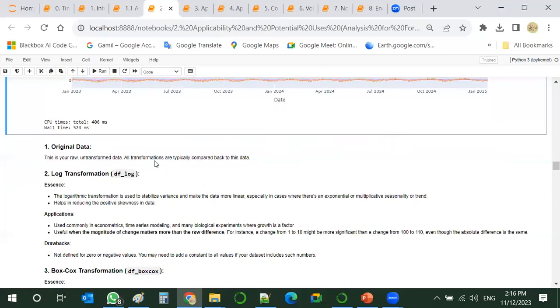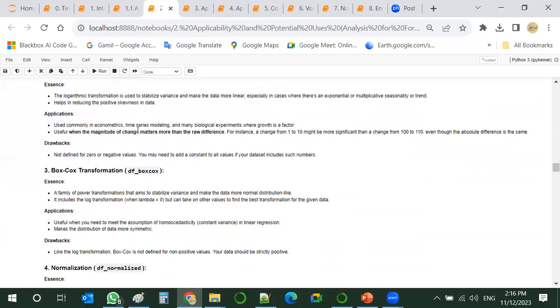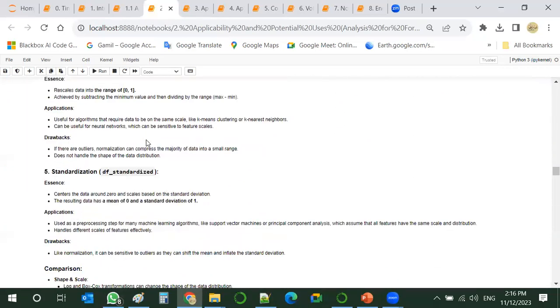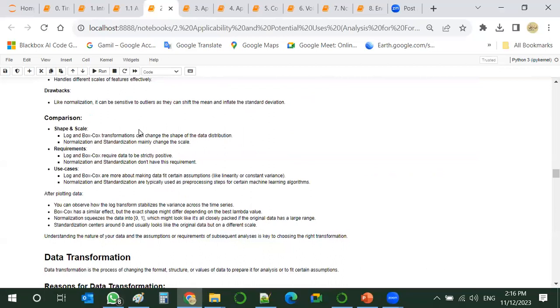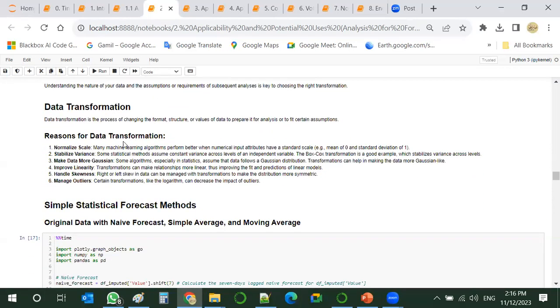So this is some write-up that's going to be good for you if you have interest and go through later. And there is a comparison as well between the different types and requirements and use cases. So reasons for carrying out this data transformation: we might need to normalize the scale.